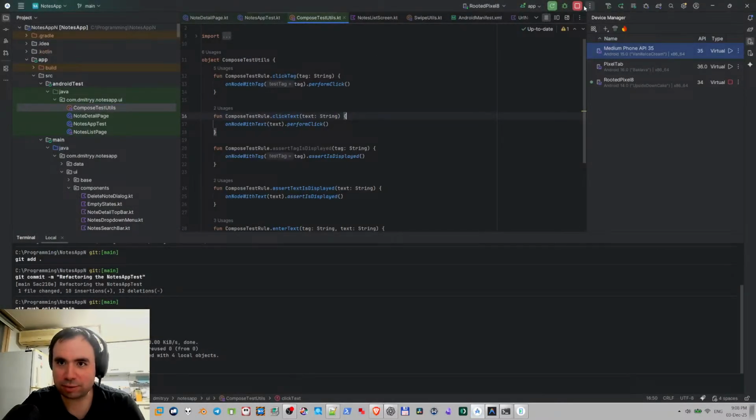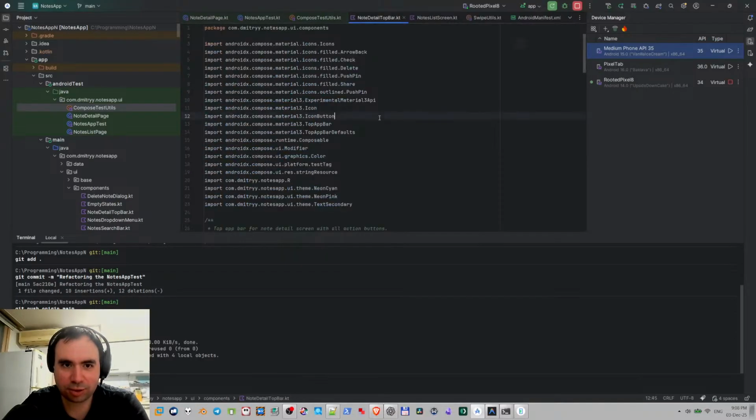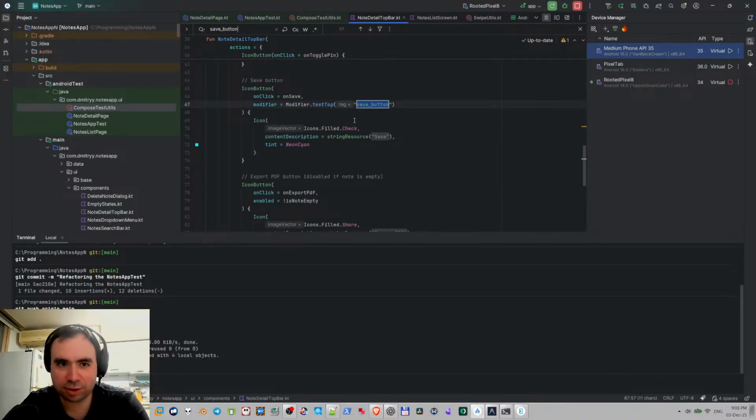Let me open Android Studio. Sometimes the search is kind of tricky here. Yeah, here it is. Modifier, test tag. So this is how it works. Test tag. Yeah, guys, so this is how it works. We have some button. We set the modifier to be test save button like this,